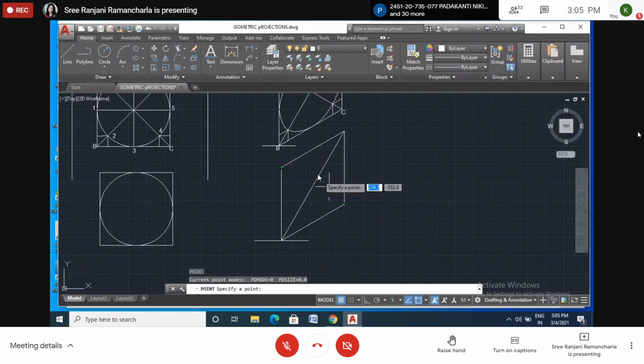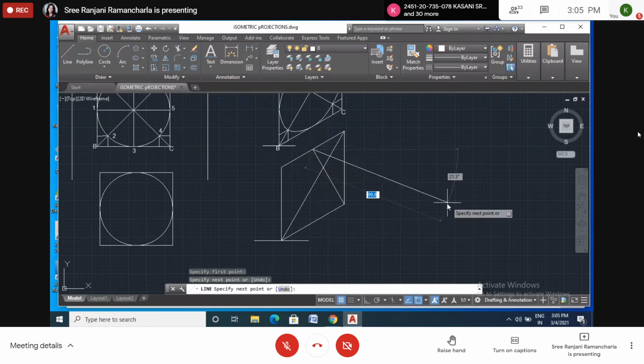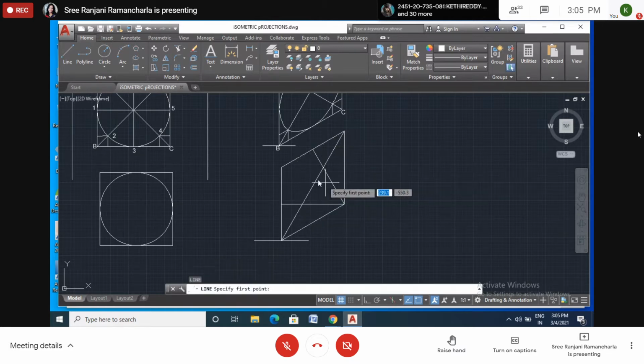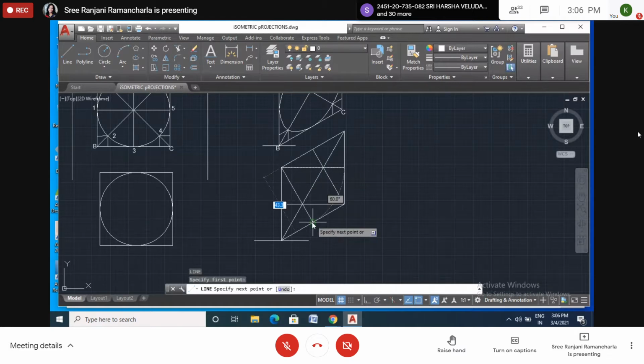This side to the center of the opposite line. Okay, so draw the line now. So from here you have to draw the line like this. Okay, enter. And similarly this side also, two sides, draw the line like this. Okay, and similarly from this corner also to the opposite center, draw the line. And again this side also draw the line. Okay,